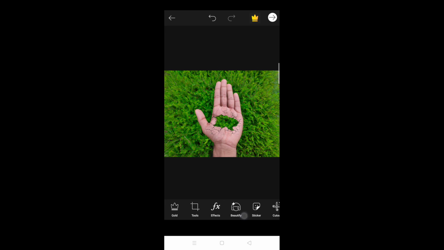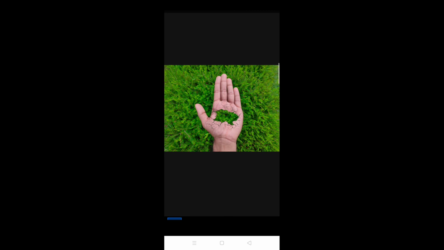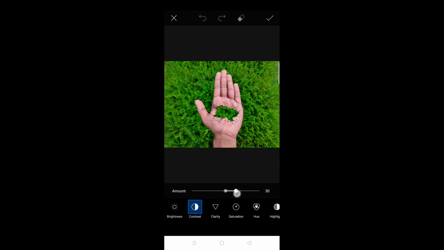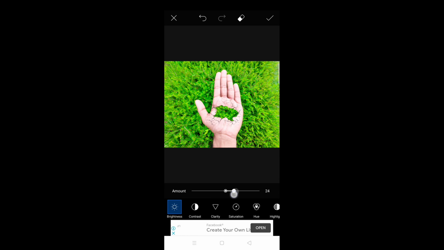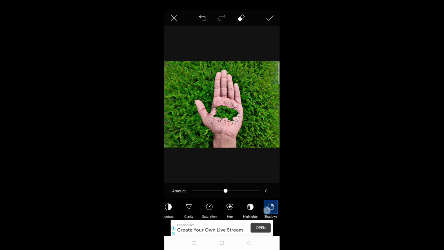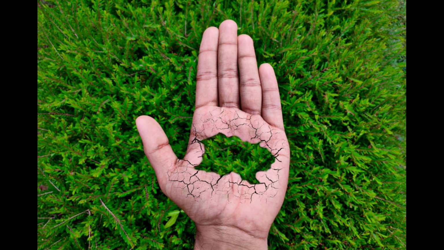So you can save it. Okay, so finally we got it. So we can do some final adjustments with the brightness, just the contrast. Slightly increase the brightness, increase the clarity a bit, saturation as you wish, and then finally you can save the picture in the end after you've done the adjustments. And after editing the picture looks like this. Amazing, right?